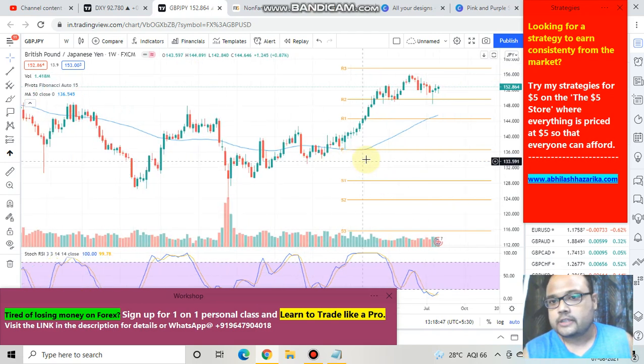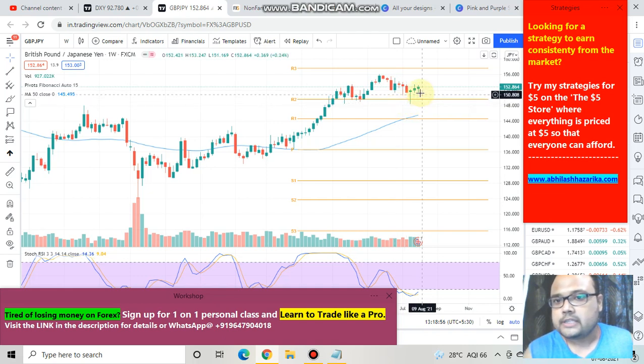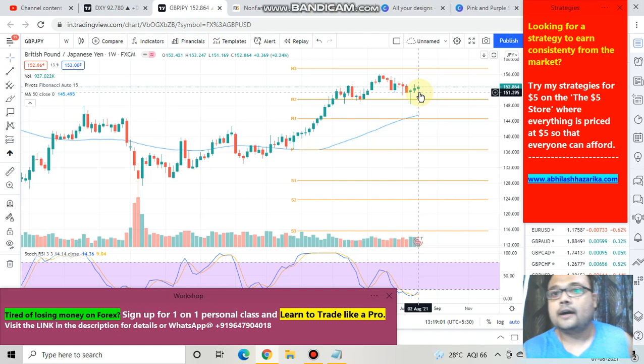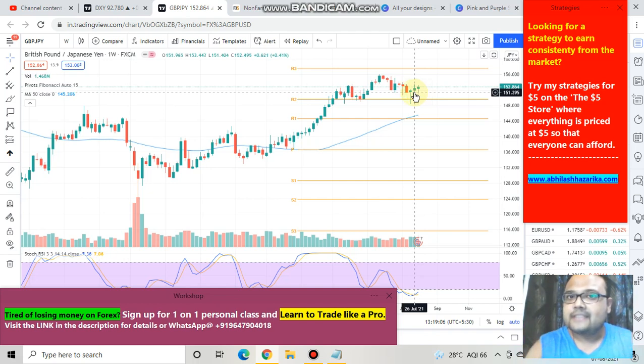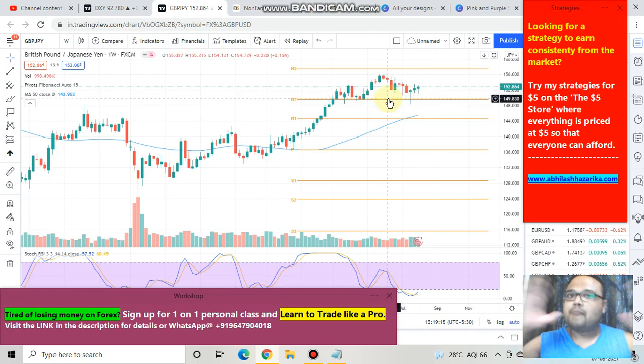If I remove the drawings, then you can see that in the weekly chart we do not have any prominent support or resistance level in front of us right now. But you can see that in the weekly chart, when price went down, the market saw price rejection from below, which clearly signifies the presence of buyers in the market. And if you look at this candle, then you can clearly see that there is no doubt that buyers are there in the market.